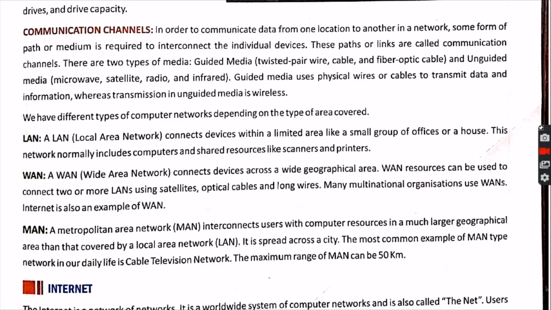These companies have access to WAN, meaning they are doing business from one country to another country. Airlines like Indigo and many other airlines also do business with other countries, so they are getting interconnected with the help of WAN, and we are also getting interconnected with the help of WAN when we are accessing the internet and able to see all the resources from one country to another country. So internet is an example of a wide area network.